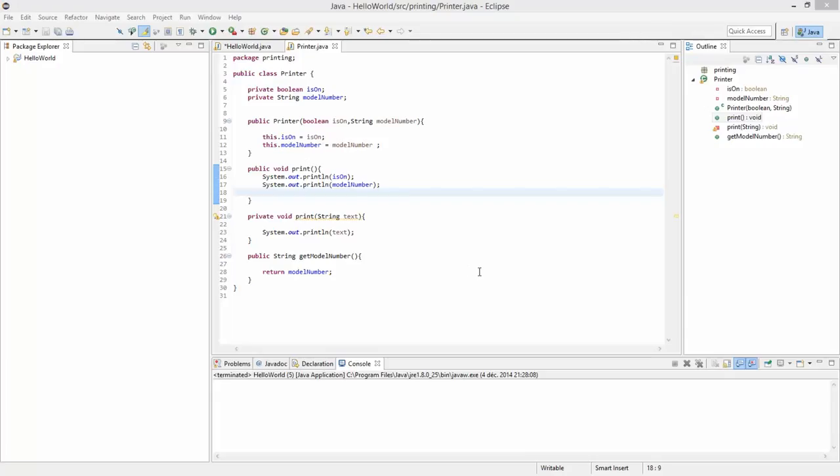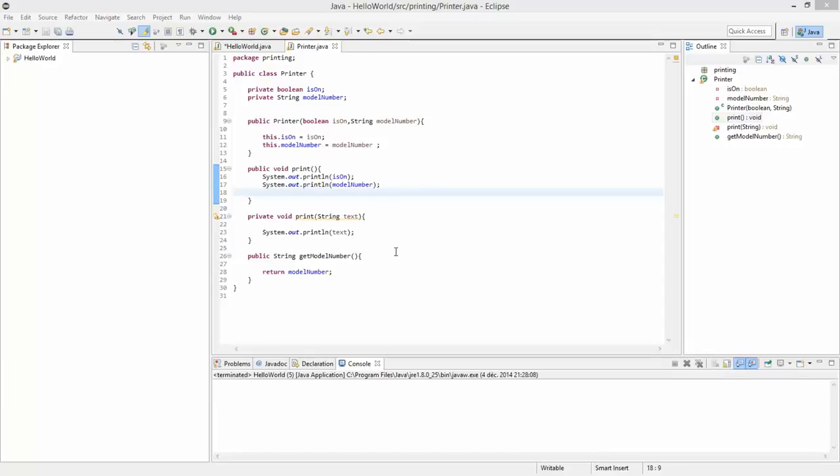The first control statement that we are going to look at in Java is the if and else statement. This is one of the most basic statements that we can use in order to branch our code in some way or to execute some conditional logic. So I have got our printer class open here from our Hello World project, and we are going to modify